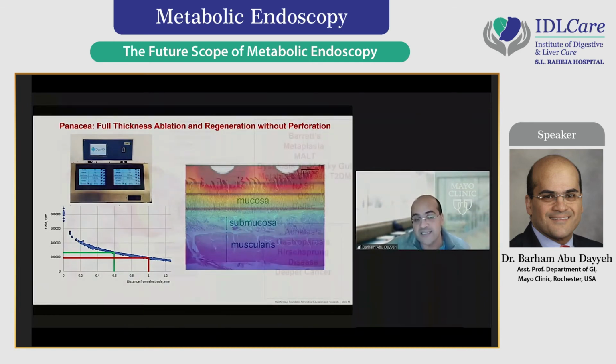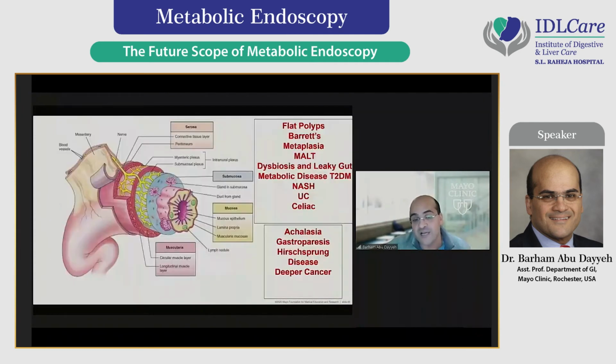So you could see the advent of non-thermal ablation that could ablate the entire lumen could be applicable to multiple mucosal-based diseases like Barrett's, early cancer, NASH, ulcerative colitis, but also into muscular-based diseases like achalasia, gastroparesis, Hirschsprung, and what have you. Very exciting and very novel development in our field to introduce pulsed electrical field as a new athermal energy modality capable of doing lots of things in the GI space.